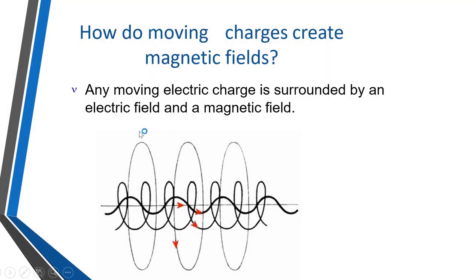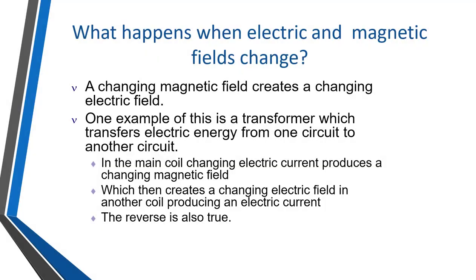How are electromagnetic waves created? Do moving charges create electromagnetic waves? Yes. A moving electric charge is surrounded by an electric field, we know that, and a magnetic field. When the charge is stationary, only an electric field is created. But when the charge moves, a current is generated, and when the current is generated, a magnetic field is generated. We have all seen this by Faraday's law, right? So whenever there is an electric field, there is some kind of magnetic field. But the electric field must have a charge in motion.